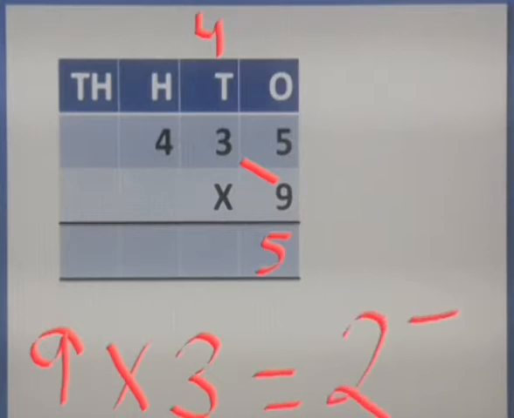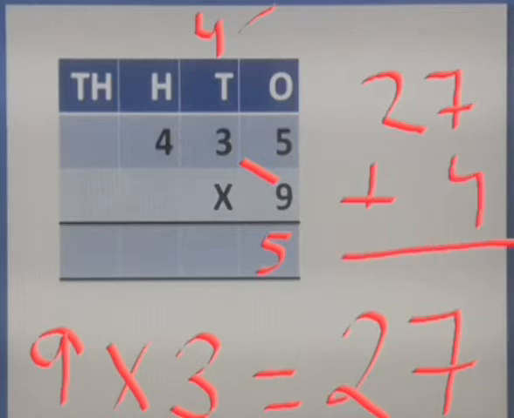Now, children, we will multiply 9 by 3. So, 9 threes are, yes, 27. But, children, 3 already has a carryover, this 4. So, we will add 27 plus 4. So, 27 plus 4 is 31. So, 1 we will write here and 3 will go as a carryover at the hundreds place, because at hundreds place we already have a number.